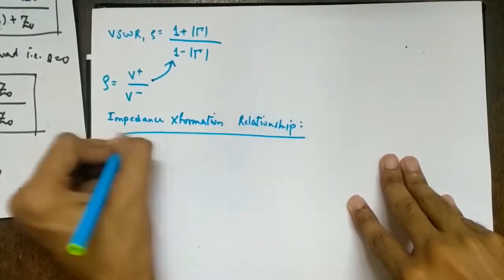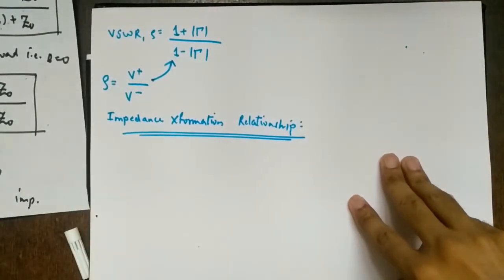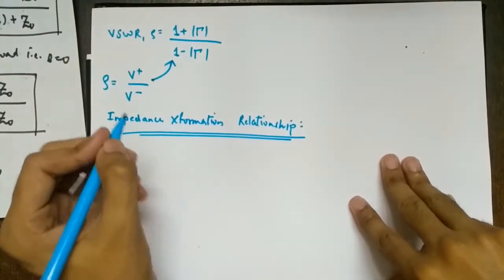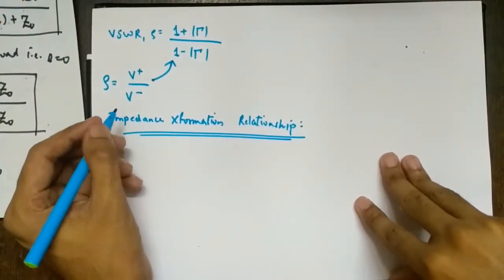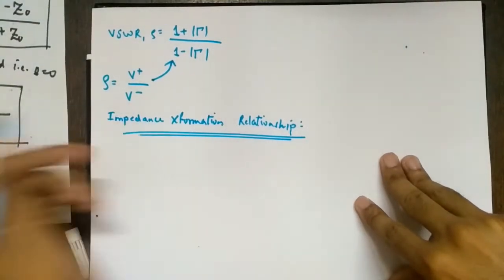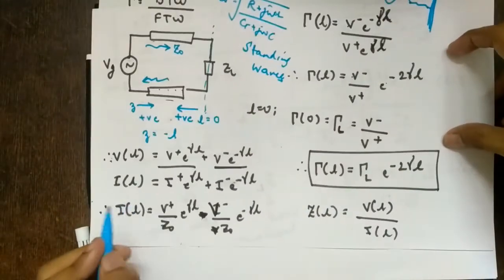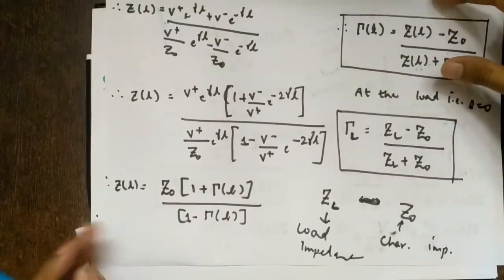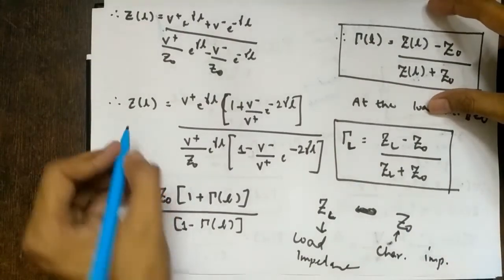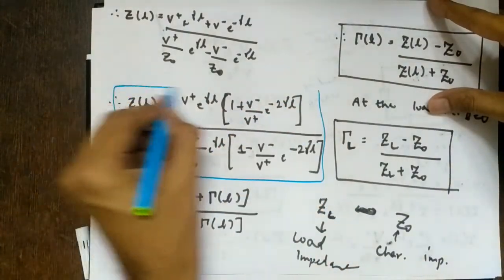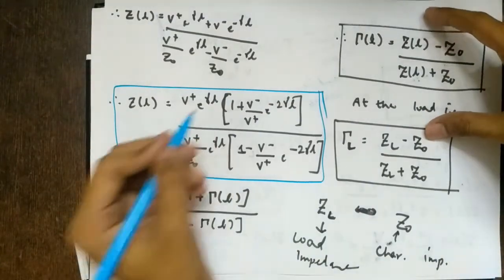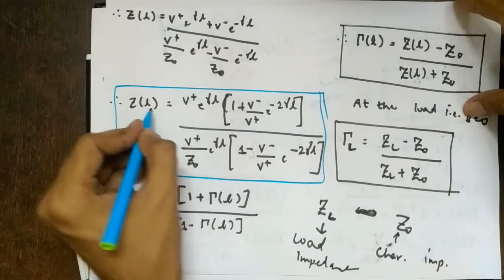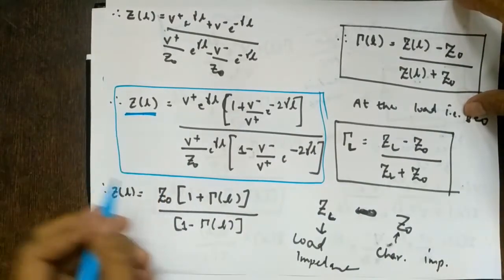Okay, so again this can be a derivation for 10 marks. So far it has not come, as there were numericals based on this, but you never know, right? So what we have got, you want to find the impedance, right? So this is the expression which we had got for Z of L. Yeah, this one. We'll try to simplify it further. We used it to simplify and find gamma, so let's use it to simplify and find the expression for Z of L.